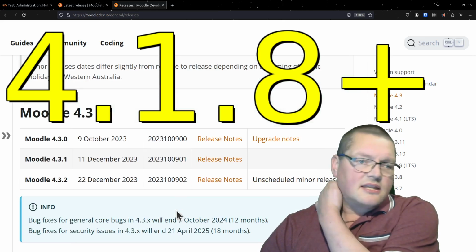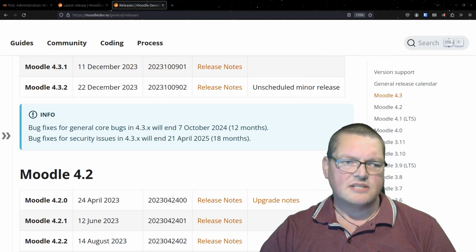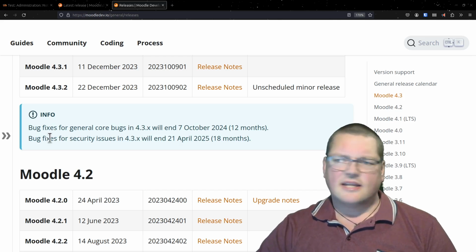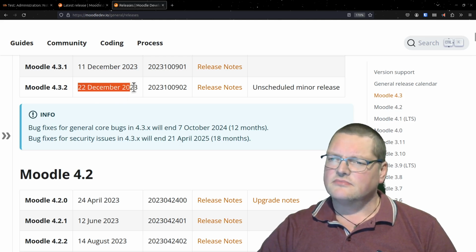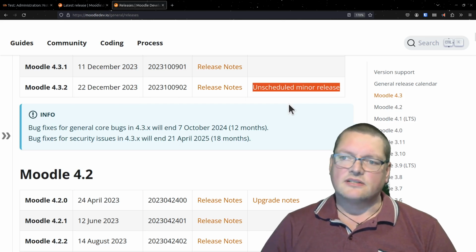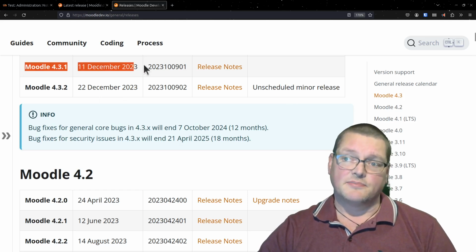Also, there's another point here. If we see this recent release schedule for 4.3, well, 4.3.2 actually came out 22nd of December. And why did that come out on the 22nd of December? It's not really scheduled. 4.3.2, that's a minor release. Well, it's an unscheduled one. Why was that an unscheduled release? Well, because in the 4.3.1 release that was put out there were a couple of bugs that broke a few